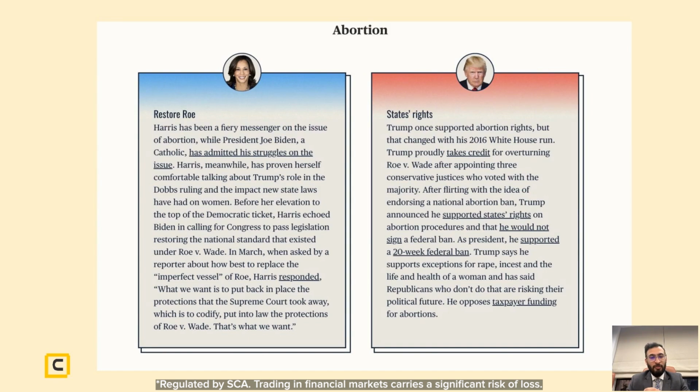She admitted the struggles of the issue, but she has talked about how abortion policies will be looked into, and they want to put back in place the protections which the Supreme Court took away, and there are laws which are meant to be put in place. And again, the idea is that when abortion policies come up in this particular presidential debate, we have seen the Republican stance to be very strong towards